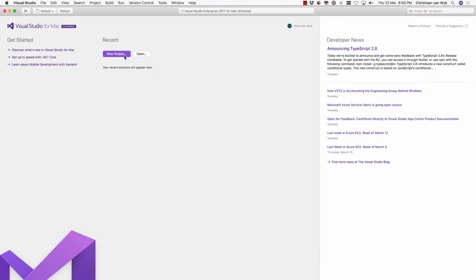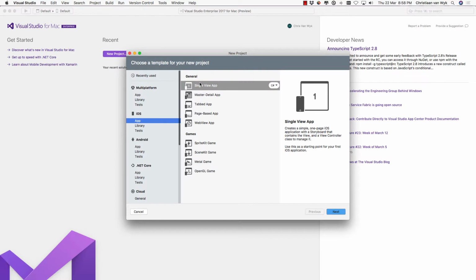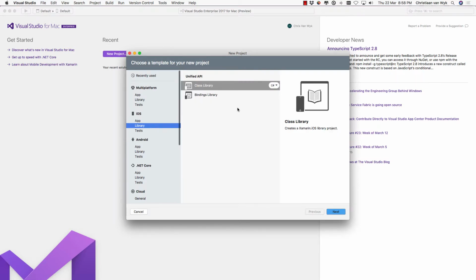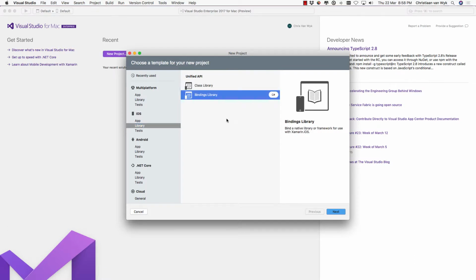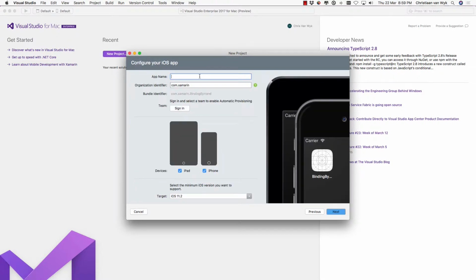Inside Visual Studio, we're going to create a new project. This will be an iOS application, single view app. Remember, we're going to do a binding by hand, so we're not going to choose a binding library project type just yet. We are going to do that in IOS450. For now, we are going to do everything by hand. So please make sure that you choose a single view application, tap on next, and then call this project binding